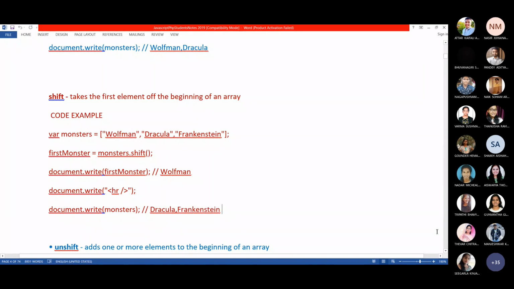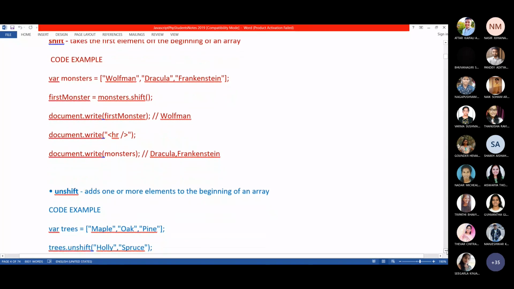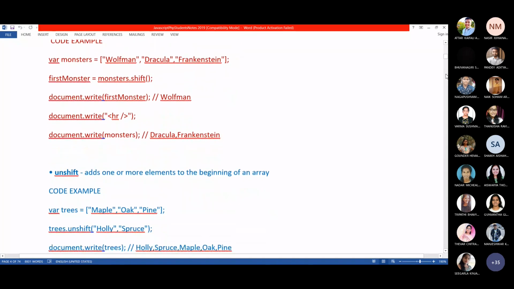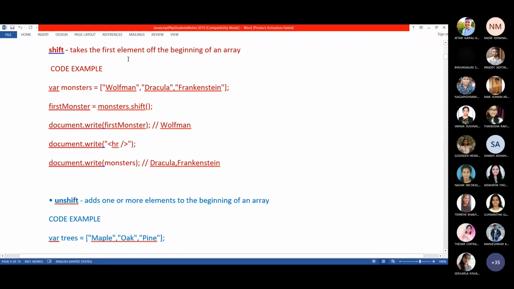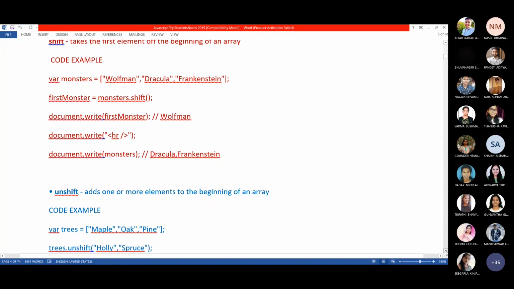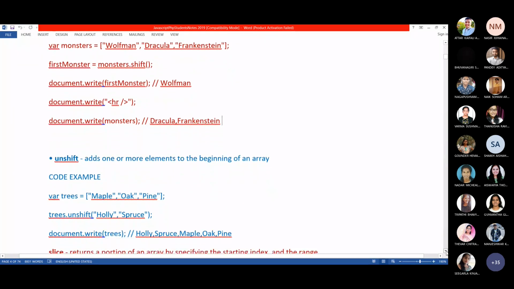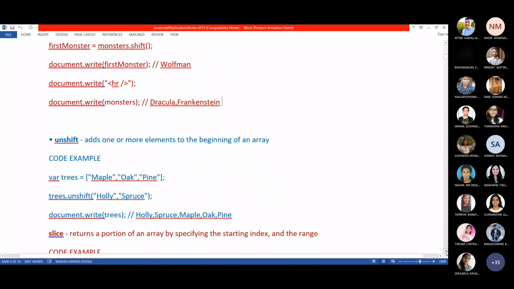So excluding the first element, the other elements will be displayed. I hope you're clear on the shift method of the array object. We have another method which is unshift. What has shift done? Shift takes the first element from the beginning of the array. Unshift adds. How does push add? Using the push method, we added one or more elements at the end of the array.